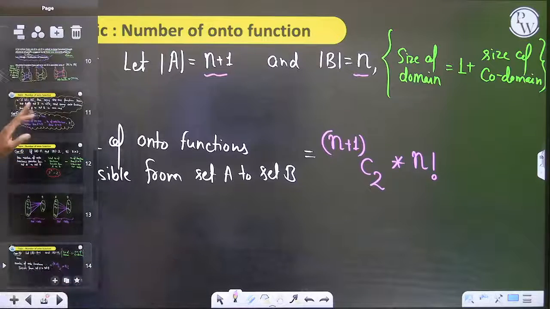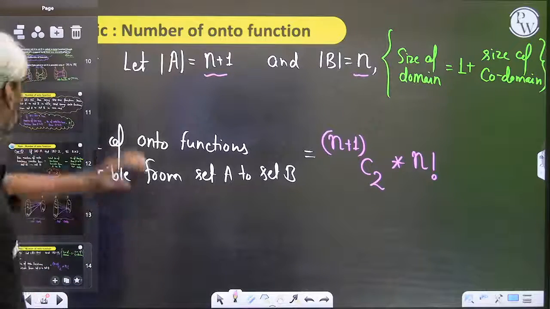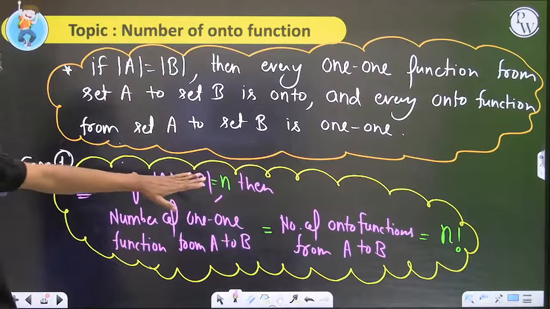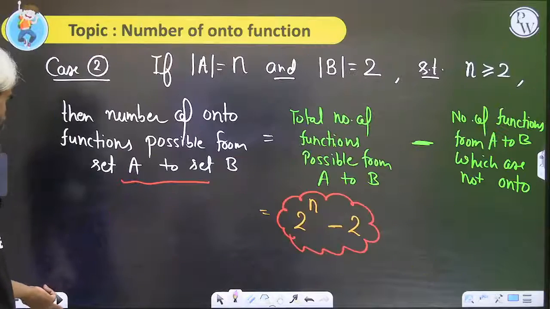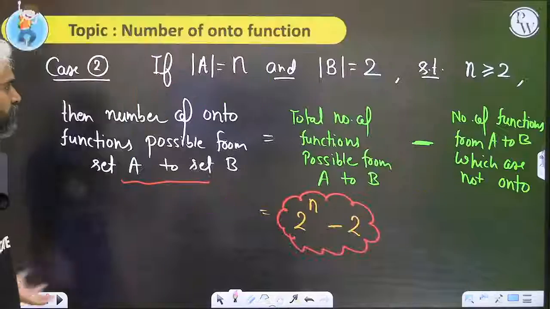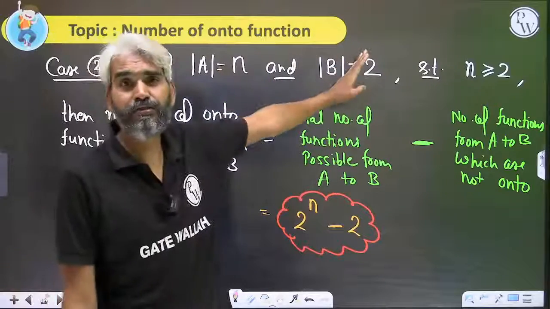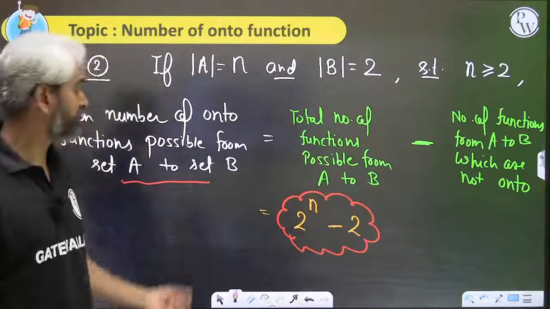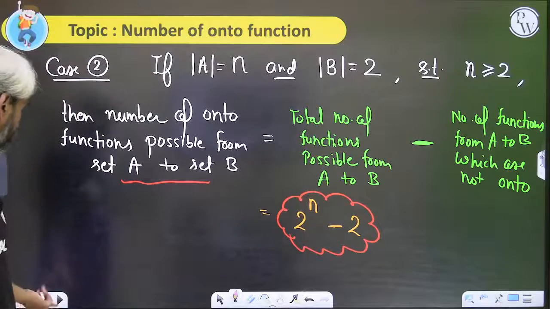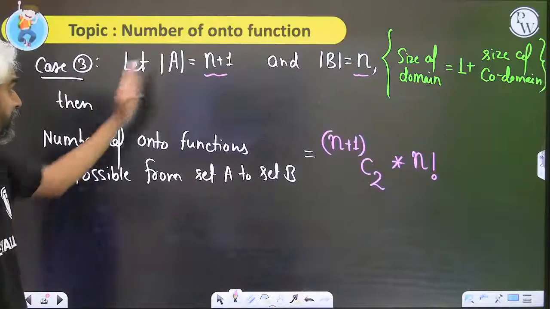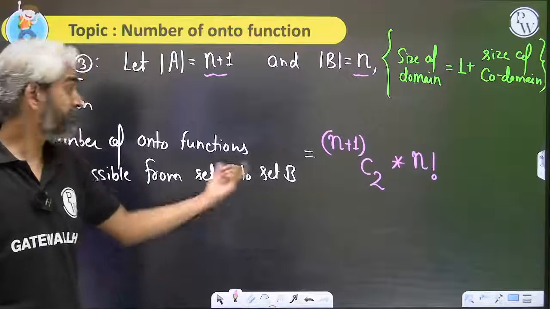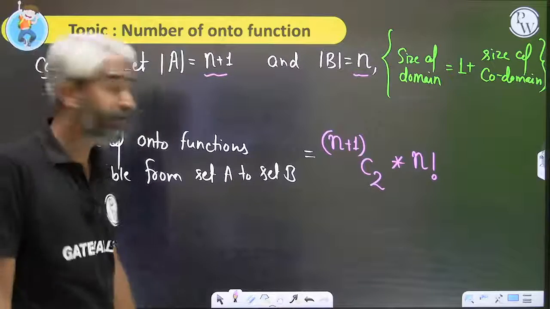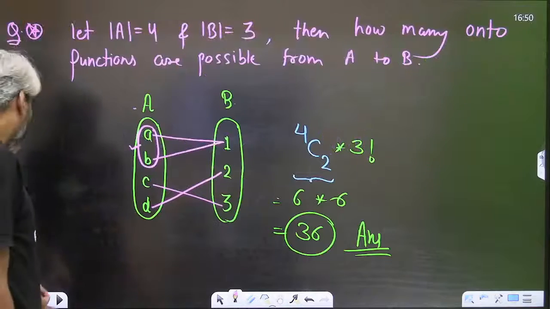These are the 3 special cases. When mod A equals mod B equals n, the number of onto functions is n factorial. When the size of the codomain is restricted to 2, the number of onto functions will be 2 raised to the power n minus 2. If the size of the domain is exactly 1 more than the size of the codomain, then we can use the concept above. But in a general case,